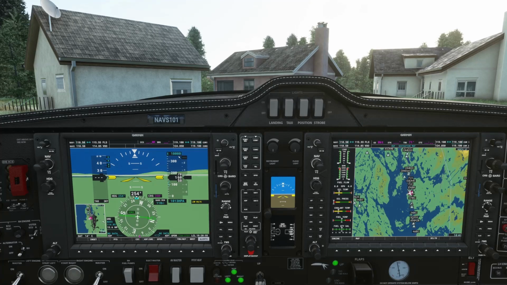Now having a look here, you have the Alt. You can adjust the altitude on the altimeter there. The outer knob does the thousands, and the inner knob adjusts the hundreds. Just moving across to this section here, you have autopilot. You have flight director, which is just flown off somewhere. You can turn that off and turn that on.